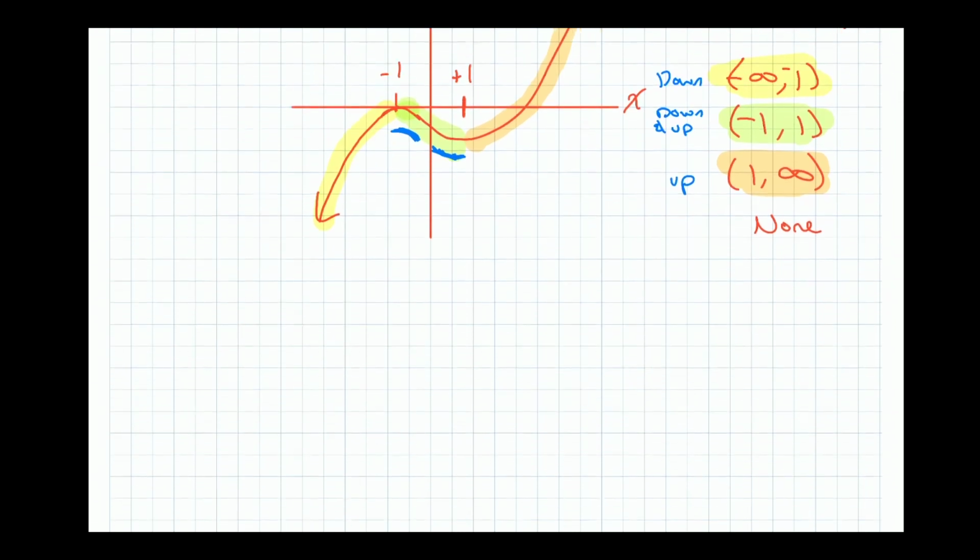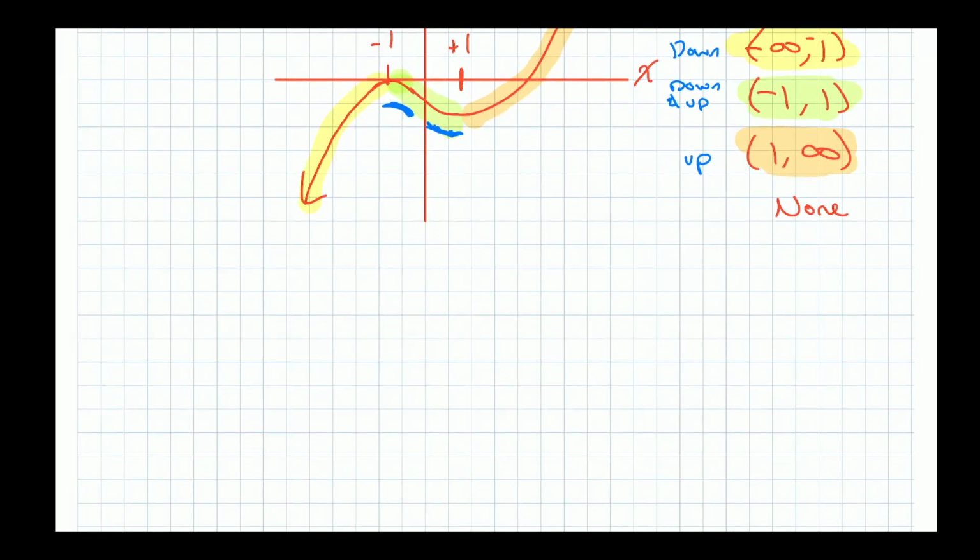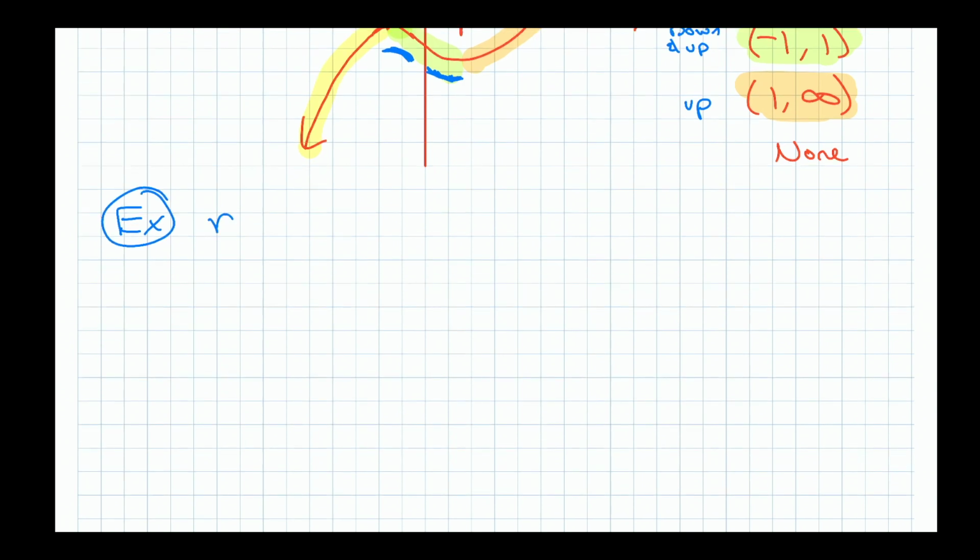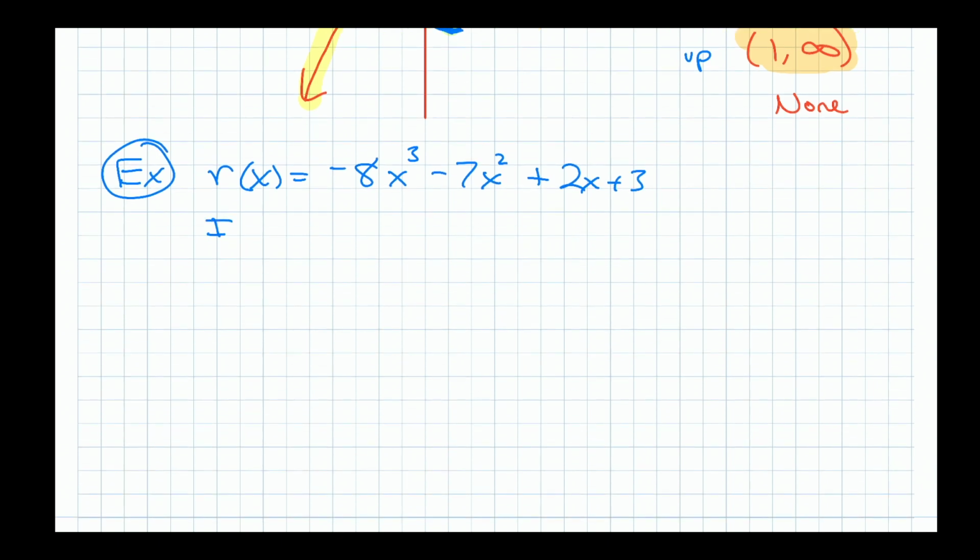All right, one last question, and then I think we'll be done because we're like an hour in. So here's the question for you and for me. R of x is -8x cubed minus 7x squared plus 2x plus 3. And they just say, is R of x concave up or down at the point